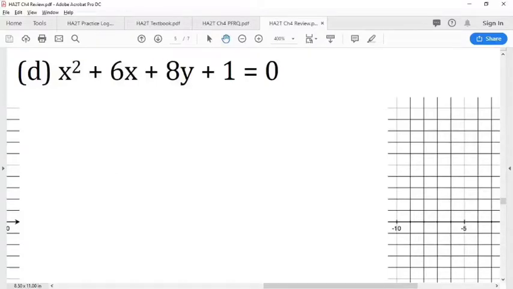Is it a parabola? Yes, because there's only one squared. Okay, so you don't have to do it my way, but I'm going to go ahead and get everything